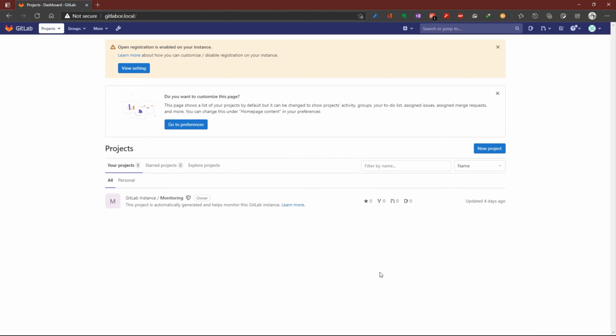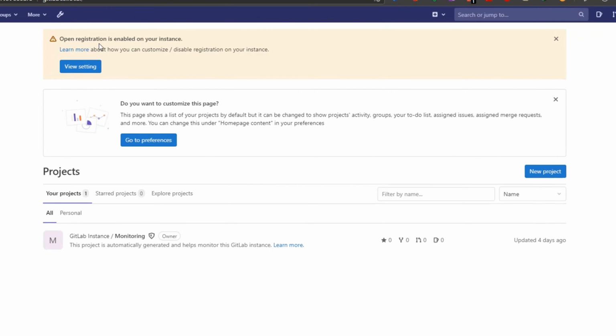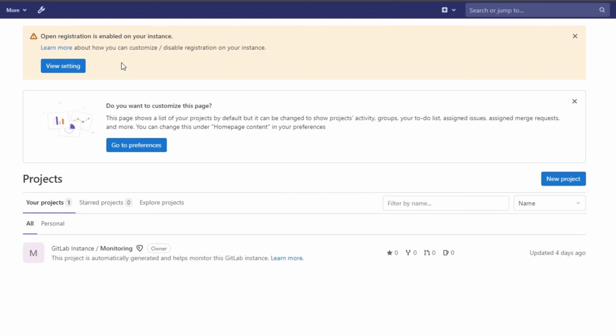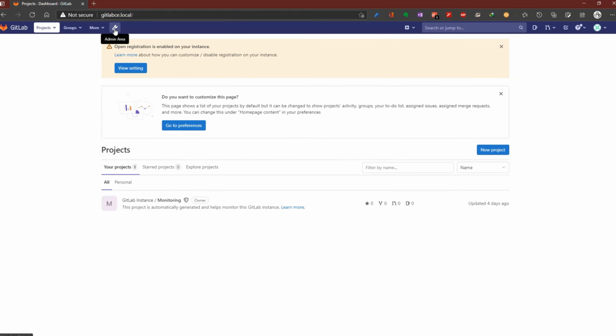First, we can fix the registration that is enabled. If you have your GitLab Community Edition installed in your local machine, you don't need this registration enabled. You can click this button, View Settings, or you can click the icon Admin area.